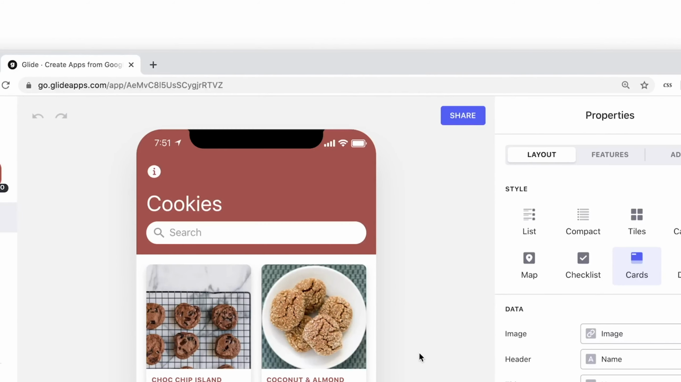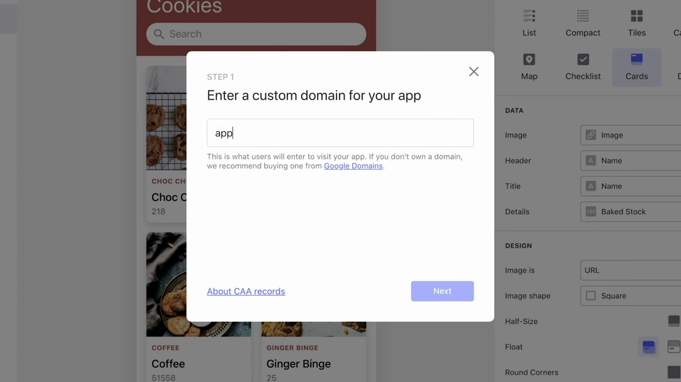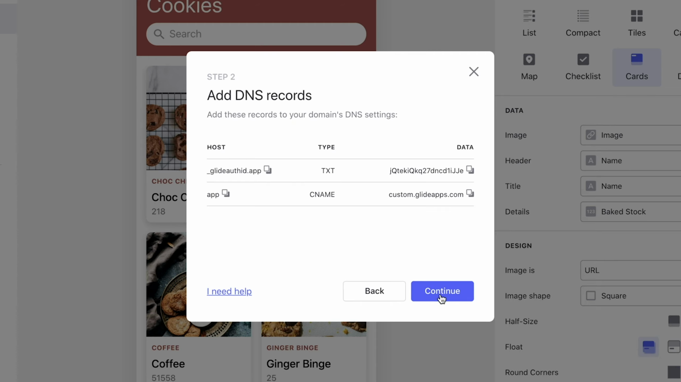To start your custom domain configuration, click Share and then Configure under Custom Domain. Next, enter your domain, whether it's a subdomain or a normal domain, and then click to the next screen. At step 2, Glide will ask us to add a number of records to our domain's DNS settings. If you've not done this before, it can sound a bit complex, but we're going to walk you through the